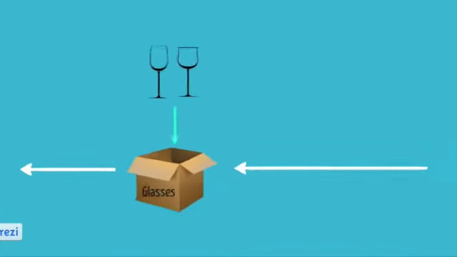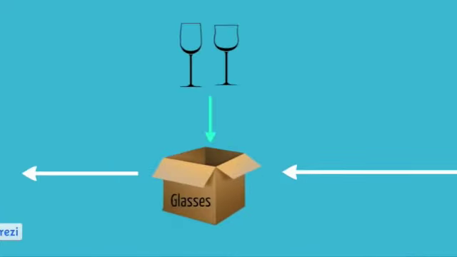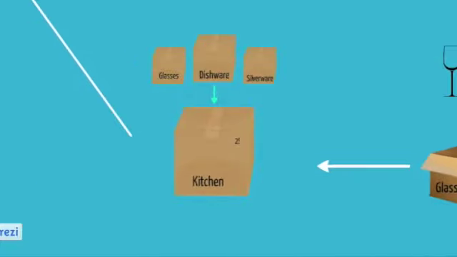First, we start with the variables. Variables are the boxes you put items into. You have to name them, like you would put kitchen or living room or master bedroom on a box. Sometimes variables are simple. A box or variable named glasses will only have drinking glasses inside. Sometimes variables are a little more complicated. Your kitchen variable might be made up of others, like the glasses variable with your cups added to dishware and to silverware, which are string operators, with a numbered variable like 2 on it to indicate that you only have 2 of each setting inside.